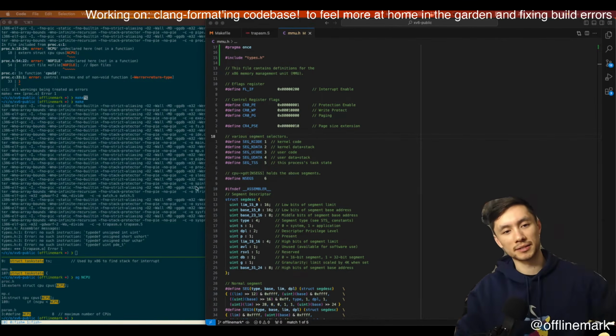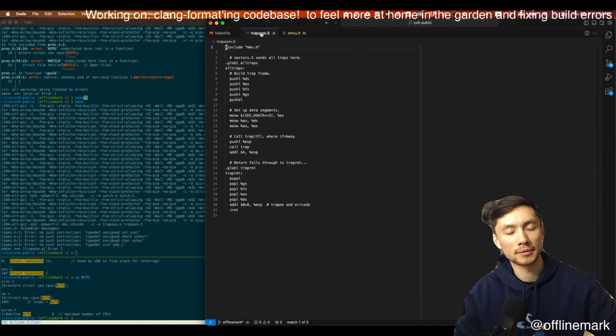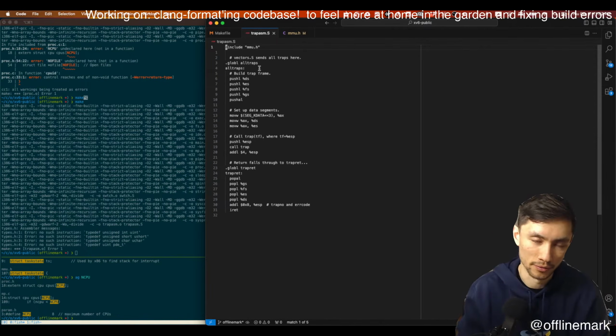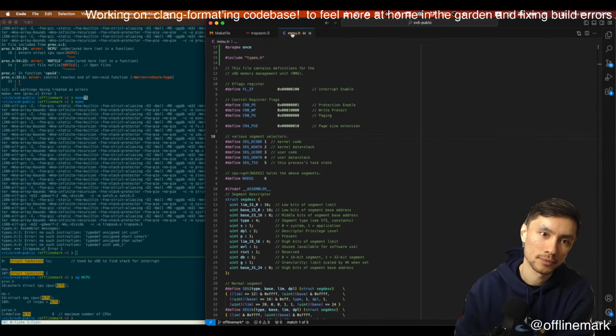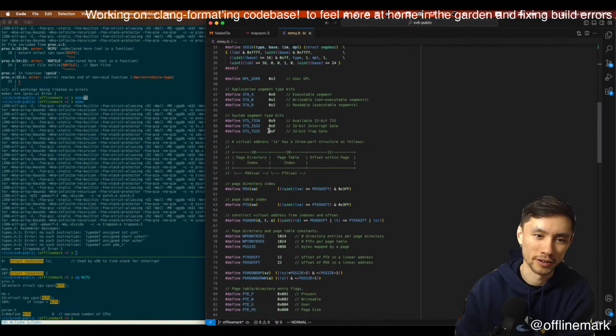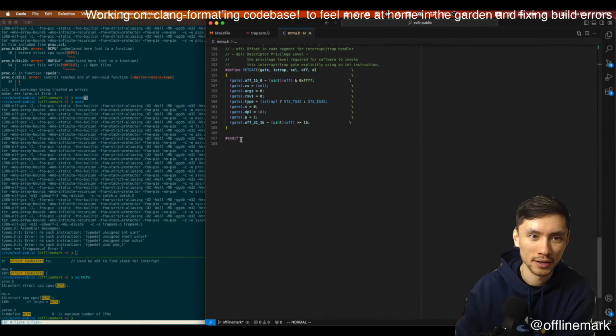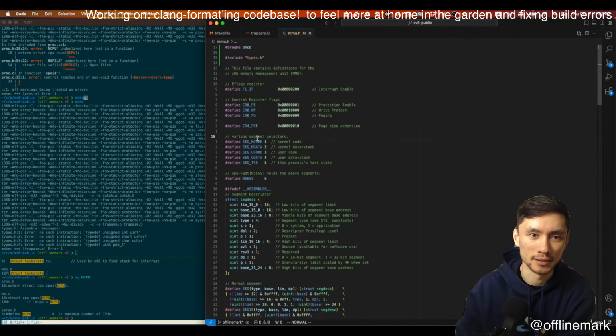How do we fix this? So, okay, just to back up one step, why did this work before? This worked before because mmu.h, apparently it's valid for the rest of this stuff to be in an assembly file.